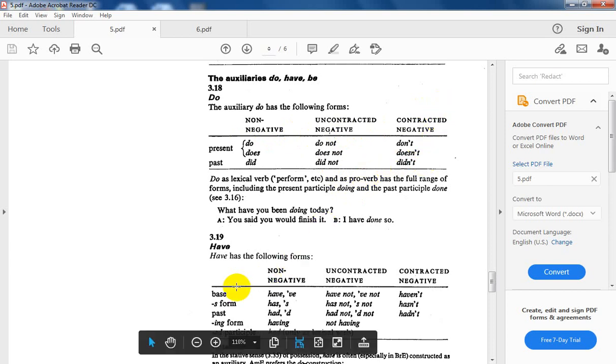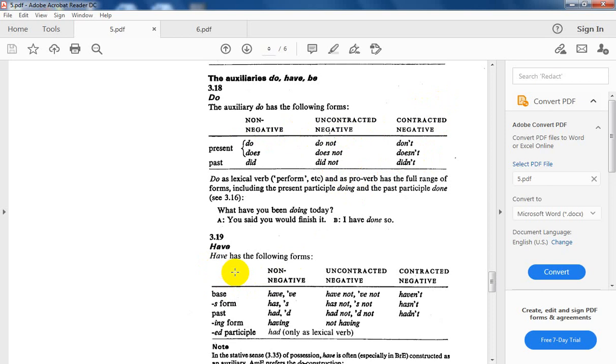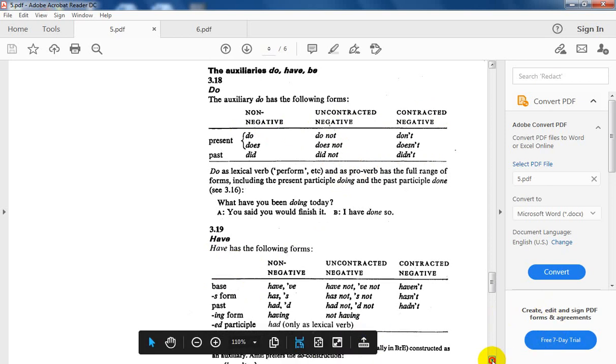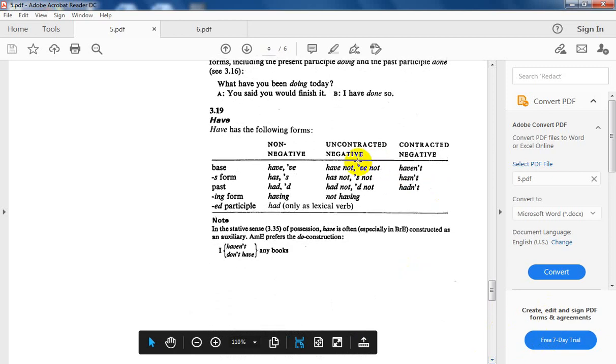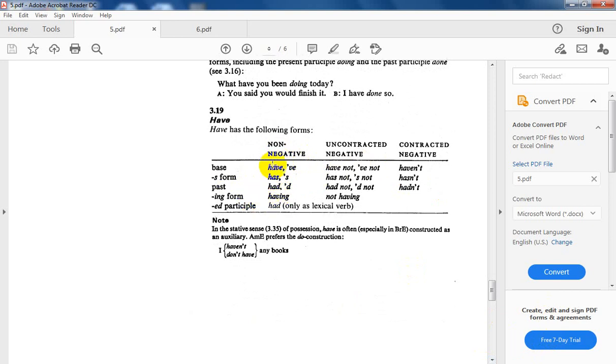What else? We have the second category of the primary, which is have. Have again has the same five forms. Here I have the base, contracted, uncontracted, and the full form. In the case of non-negative, the positive form, have, or the abbreviated one, apostrophe VE. The S form, has, is abbreviated as apostrophe S, and as you have said,